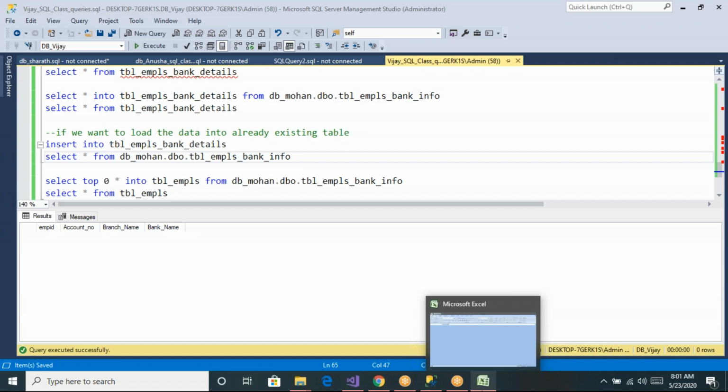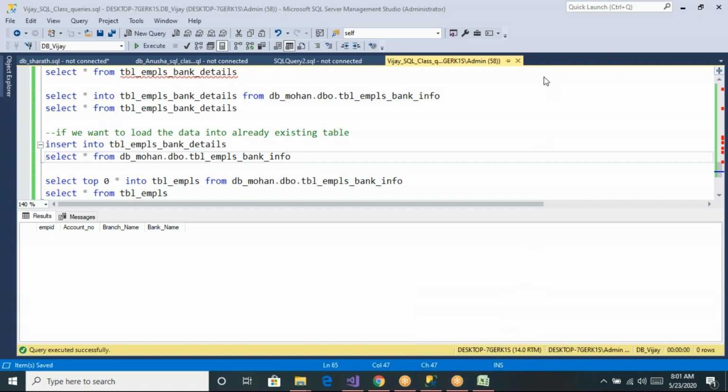Mohan, are you free for 2 minutes? I had some issue while installing, so I just wanted to share my screen and check with you. If you're free, we can do it today, or can I connect tomorrow morning? I have another class. Okay, can we connect tomorrow morning? No problem. Any timing tomorrow? You can call me at 10 o'clock in the morning. 10 a.m. Perfect. Thank you. And even yesterday's notes, please. Sure, I will send that. Thank you.